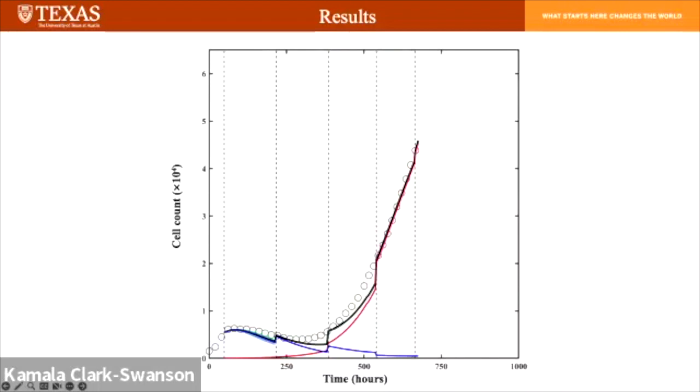So across the entire data set, I have not seen a consistent underestimation of the prediction. Sometimes you're going to overshoot, sometimes undershoot. I haven't seen anything systematic. So in this particular replicate,